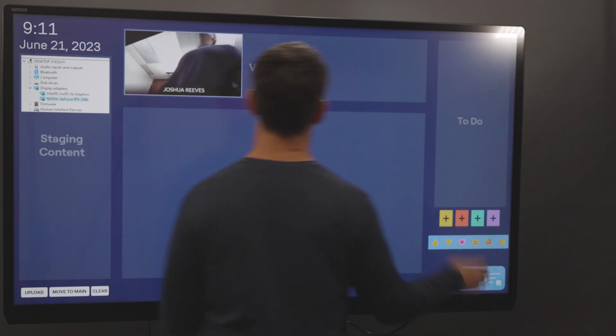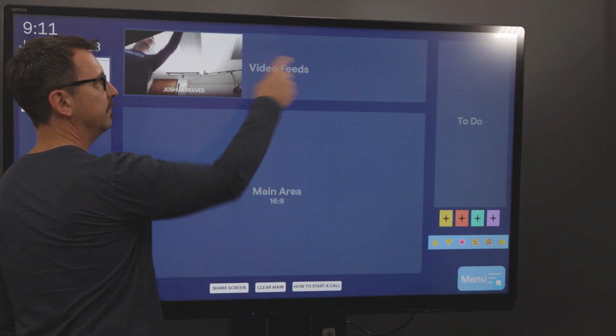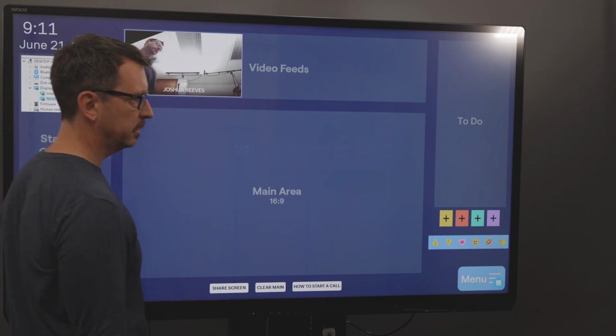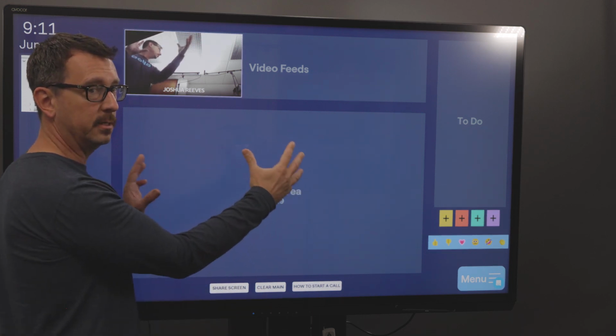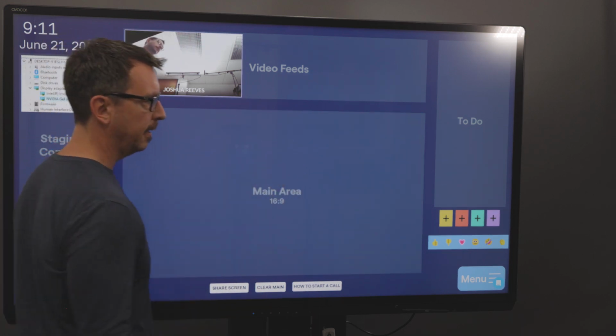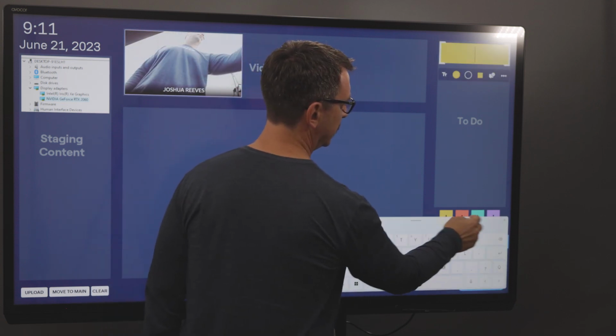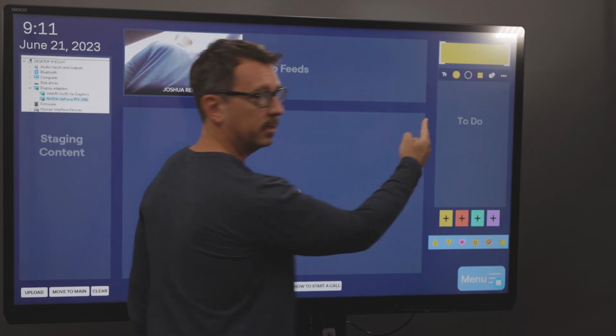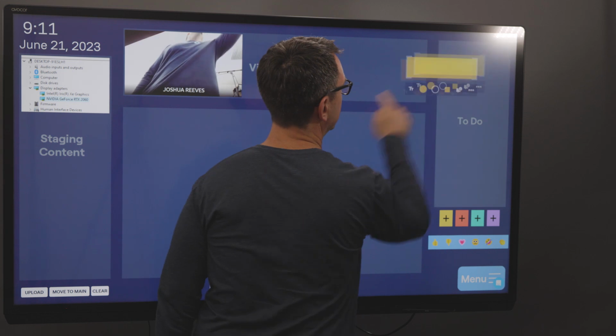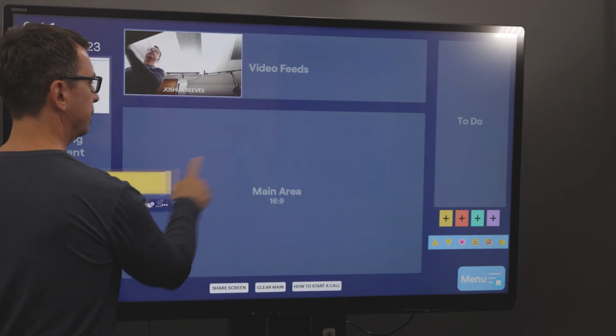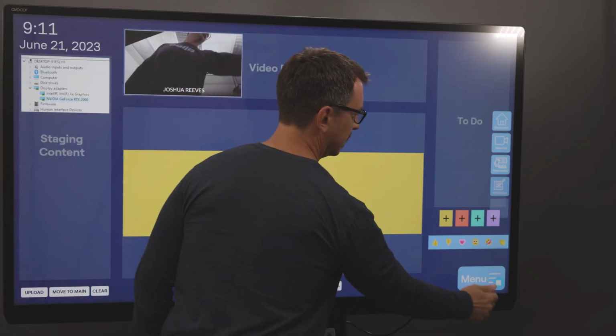Notice up here on the top, the video feeds would fill in right here with the remote participants, and they would be able to engage with this as well and see just what you're seeing. Over here, you have the ability to add sticky notes that you could type into and move to any of the areas that you want. Moving on down the line,